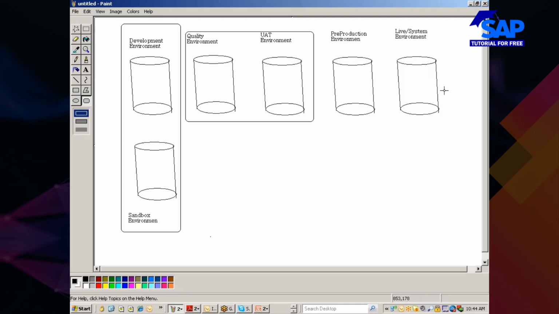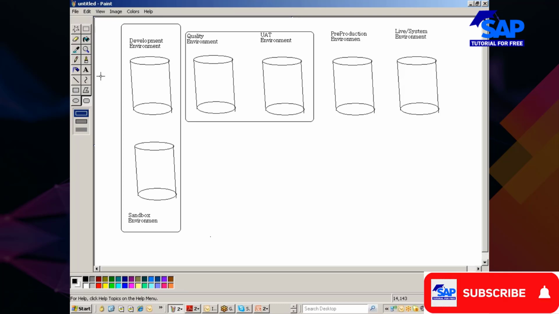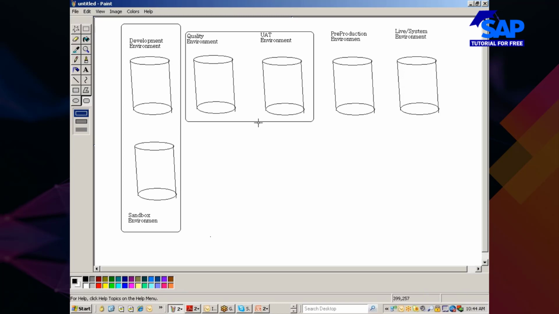So any customer will have to have these four servers. Is this understood? Any questions on this part? It's good. Development environment and sandbox in one system means...